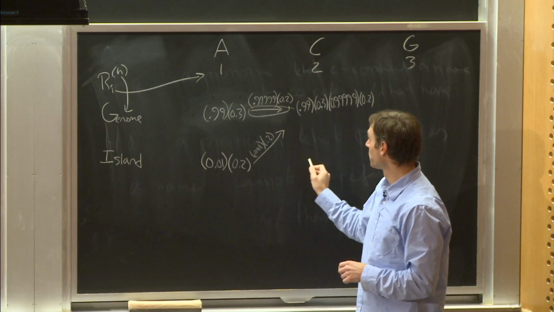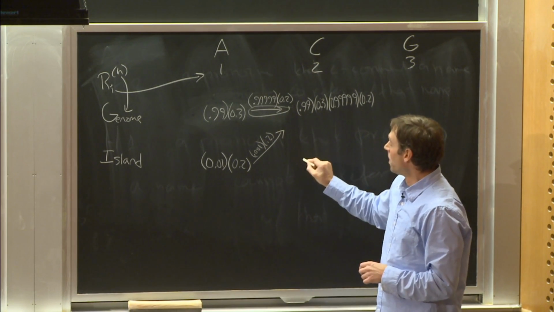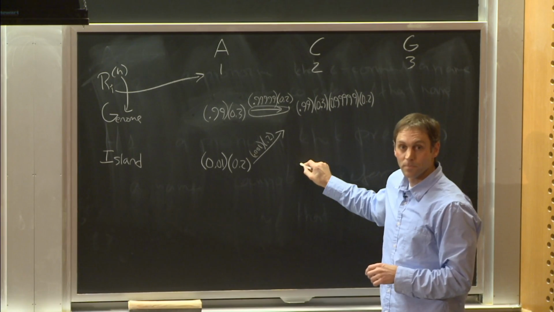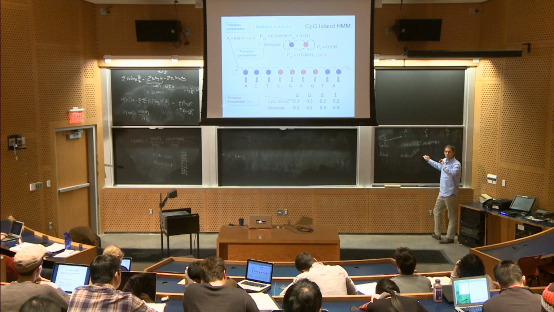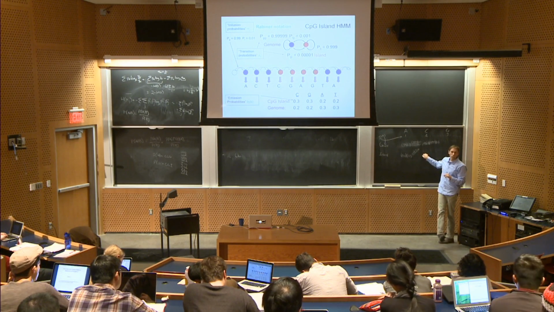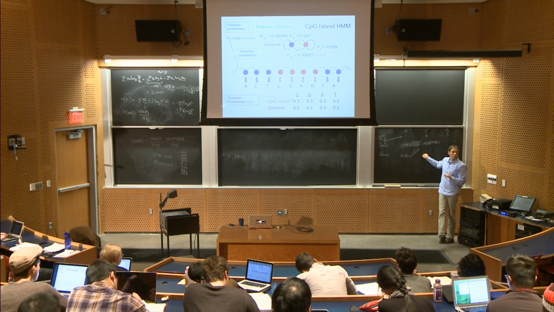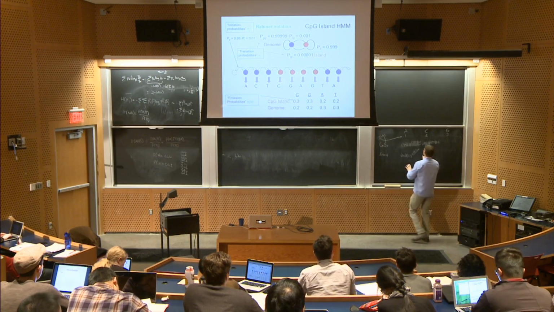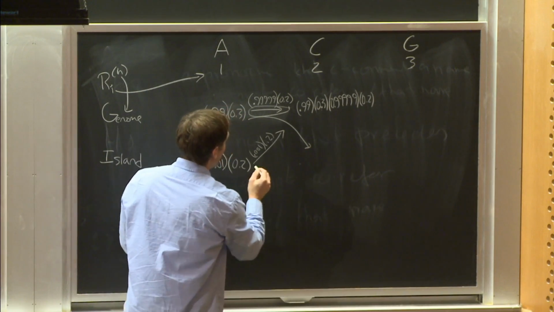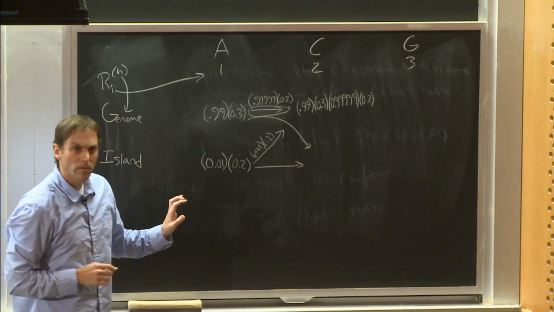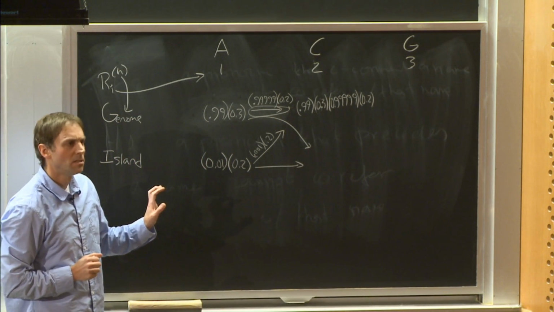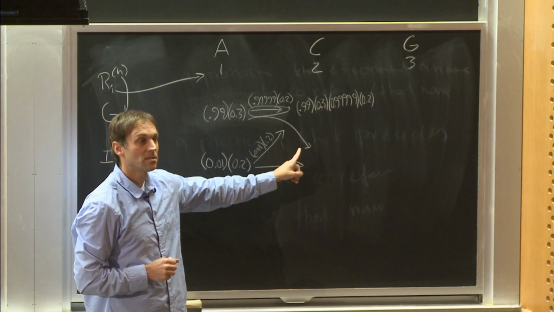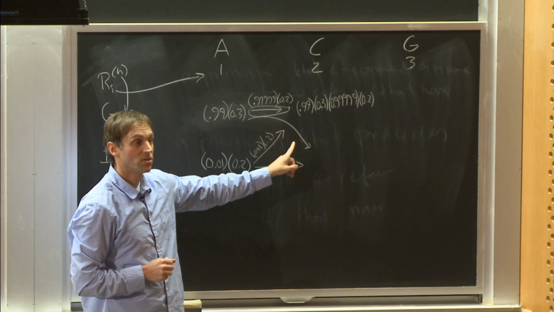Okay? And what about here? What's the probability of the optimal parse ending in island at position 2? Or what do we have to do to calculate it? Someone else? Right, you consider going genome to island here, and island to island. And who's going to win that race? Do you have an idea? Genome to island had a head start, but it pays a penalty for the transition, right? The transition is pretty small.